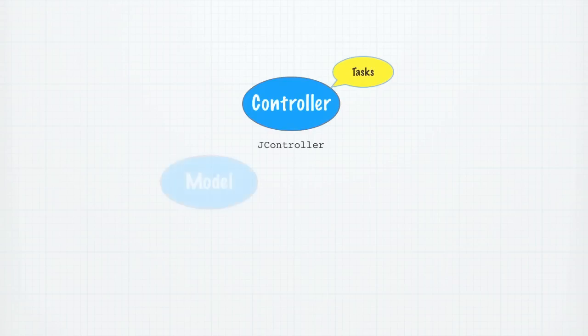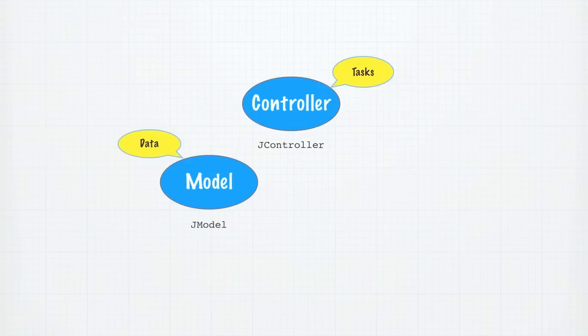The next piece we have is the model. The model's job is to know all about the data that we'll be using. The base API class we use for models is called JModel. Models don't know anything about displaying the information, just how to get it, or set it as the case may be. When designing your models, it's important that the information you return can be used generically by anything that wants to use it.